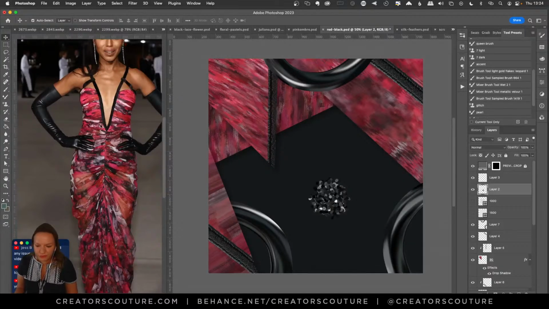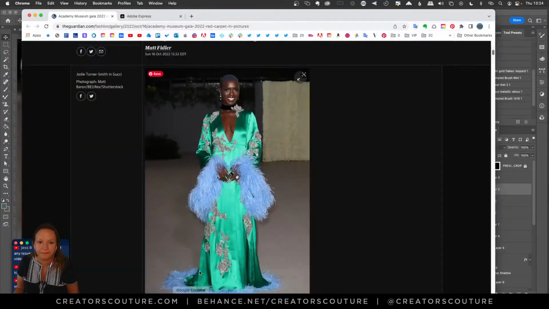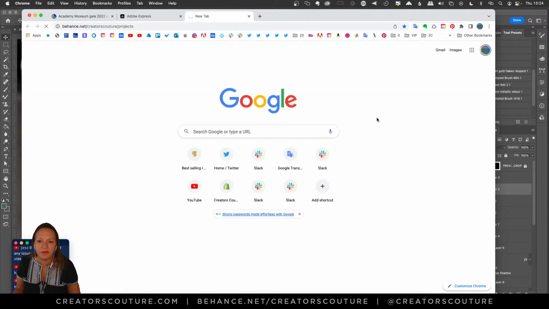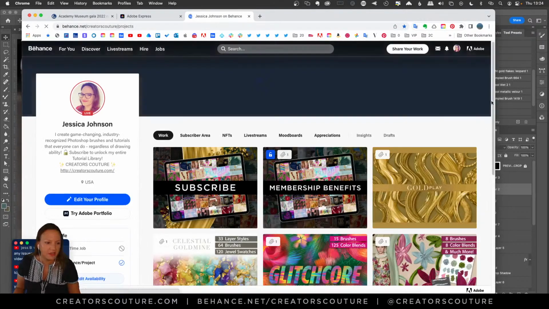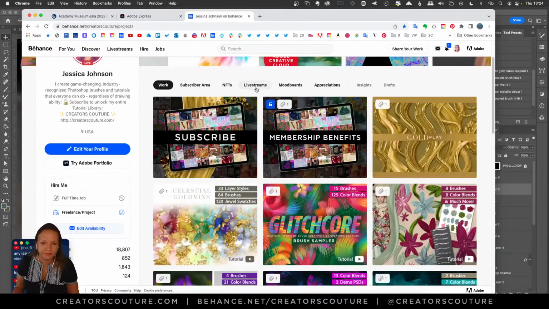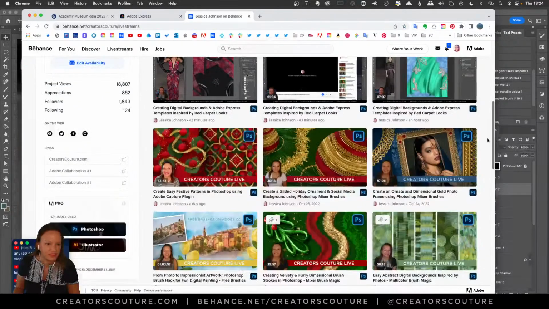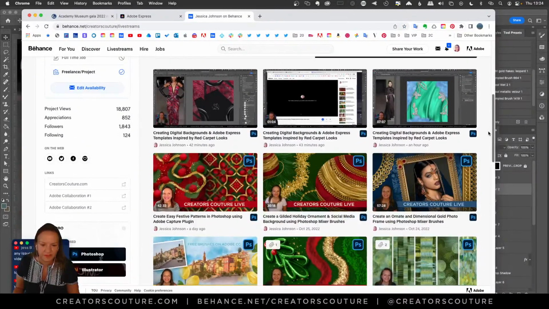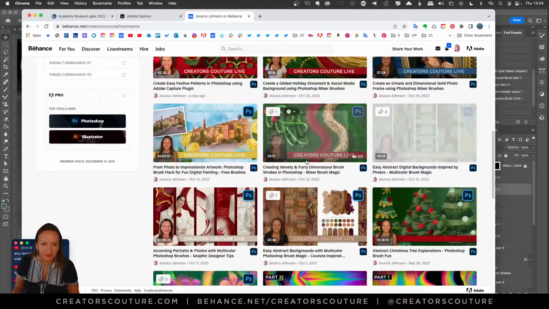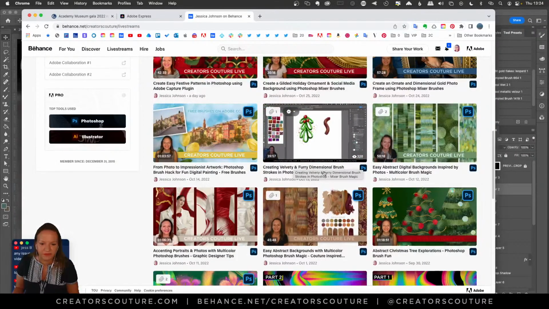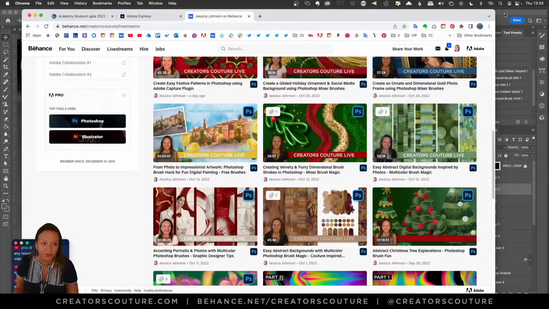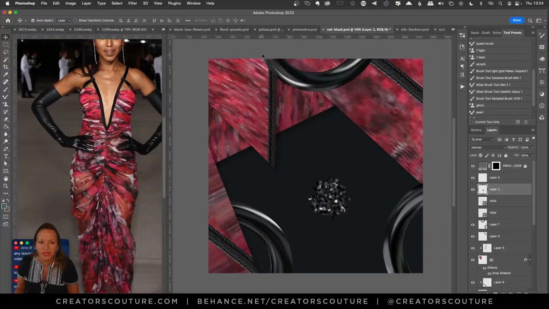So for the velour brush, I actually grabbed, let's just pop over here, on one of my recent live streams, I showed you guys how to make, oh gosh, I've got three different things here. Right here, creating the velvety furry dimensional brushes. So I actually used one of those brushes. And then also a wet paint brush.